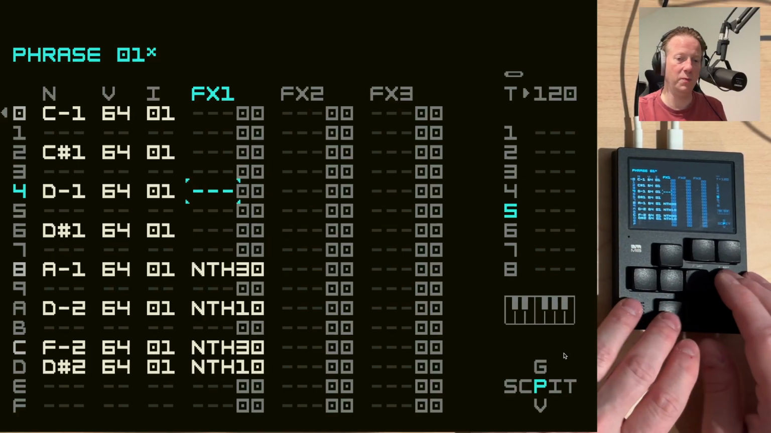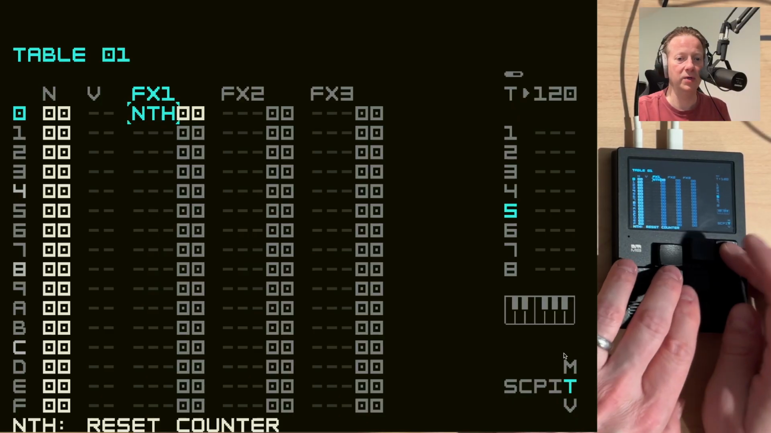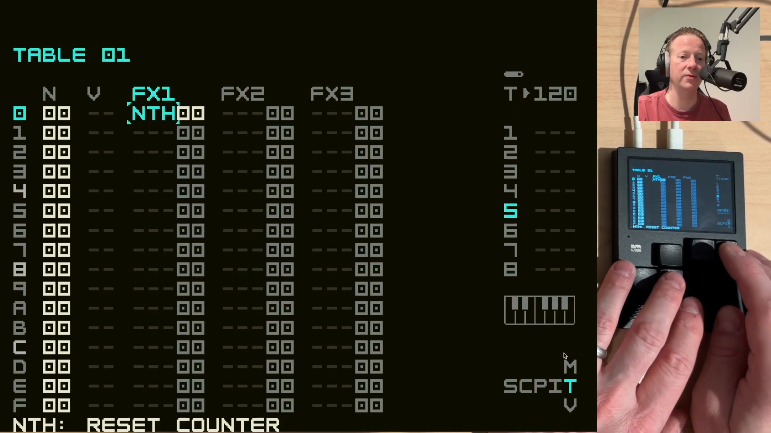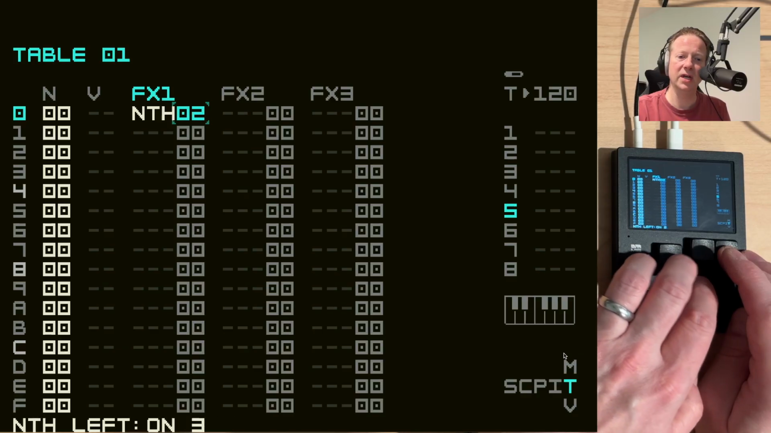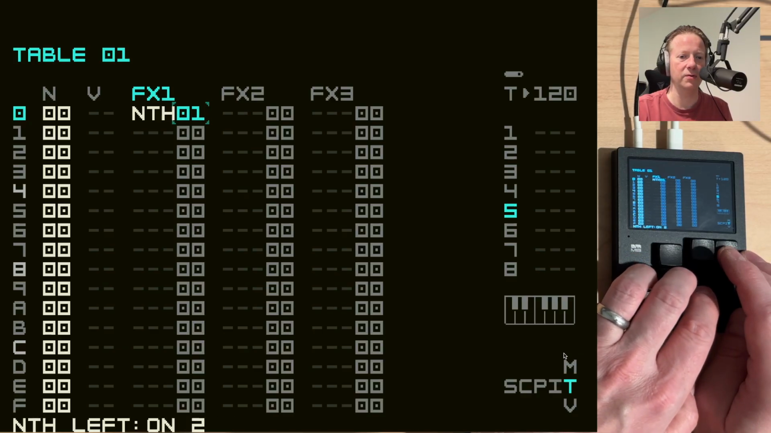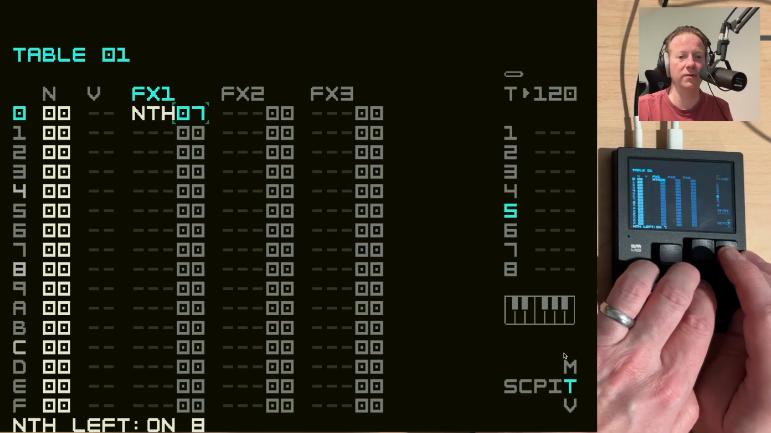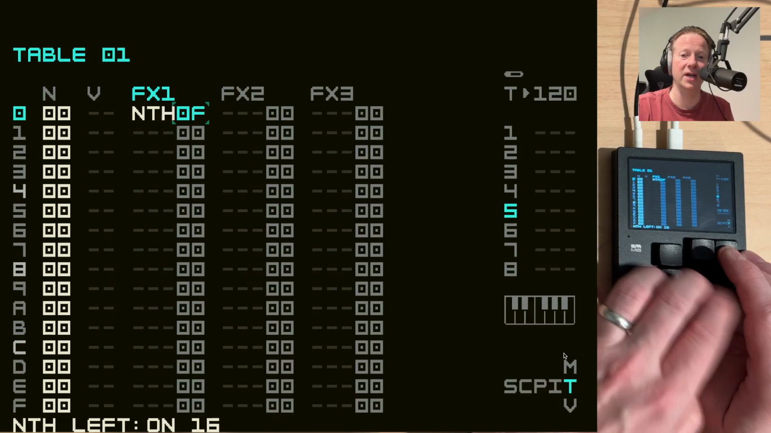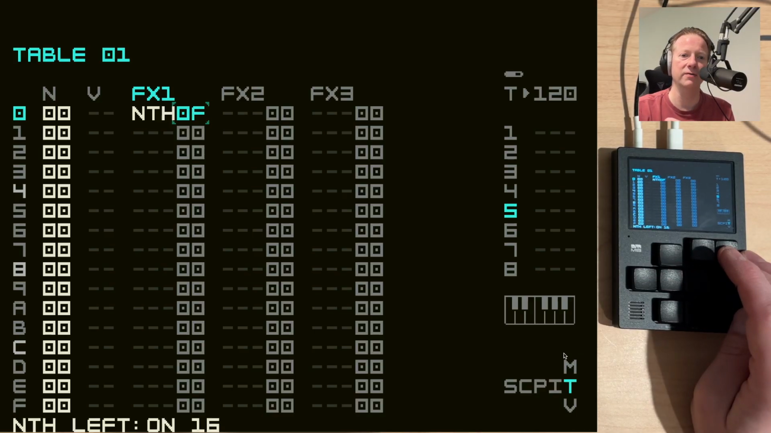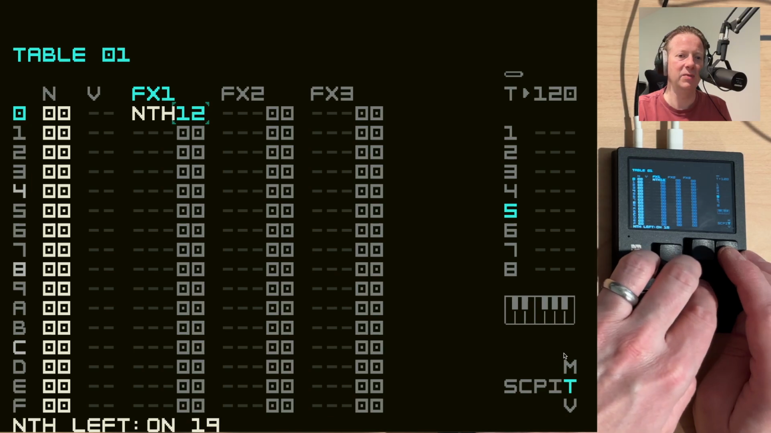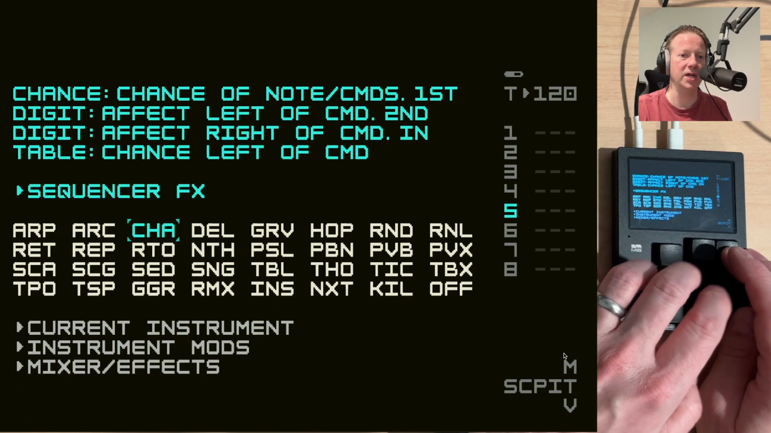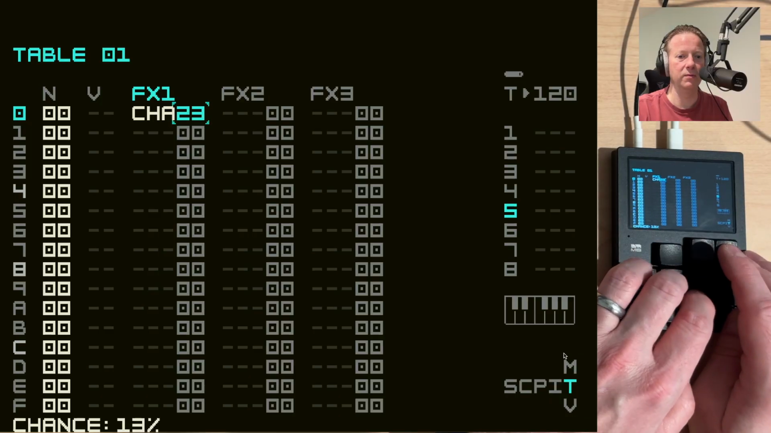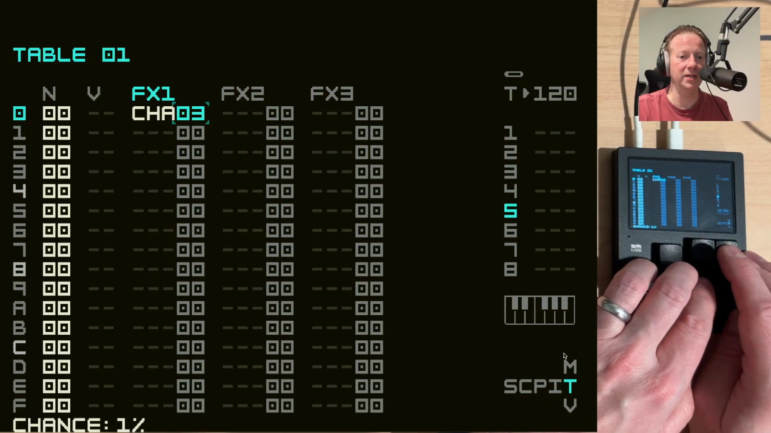Now, let's go back to the table. And where we look here, it says nth reset counter with nth 00. And you can get like pretty interesting stuff here. So we can go left on 2, 3, 4, 5, 6, 7, 8, 9, 10. We can start getting into higher ranges of how many times something will play by using an nth in the table. Similarly, if we go set this to chance, you can see here we could dial in a much